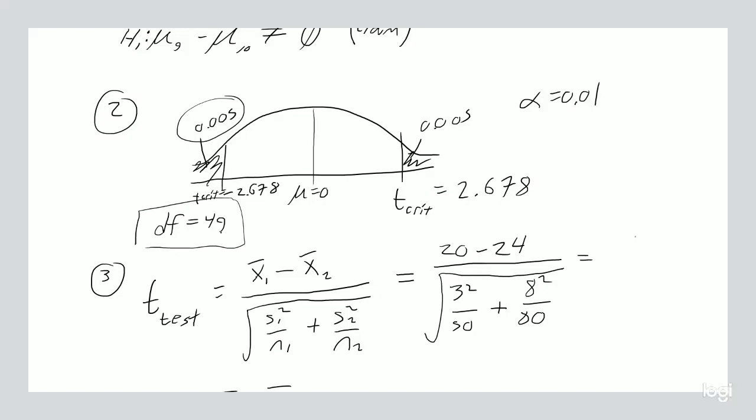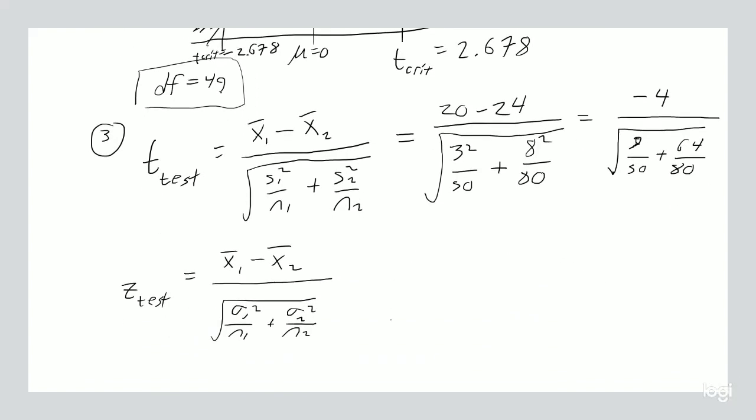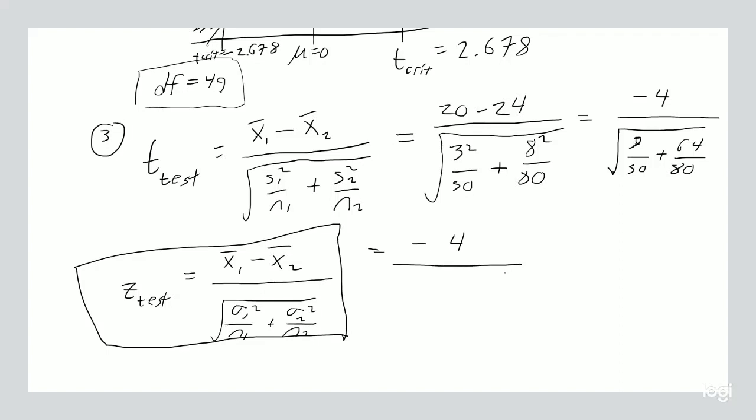Okay, so we have -4 divided by the square root of (9/50) plus 64/80. Just going to put that in a box there. -4 divided by